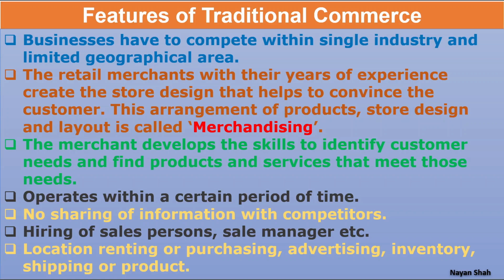Another thing is no sharing of information with competitors. There, everything is kept secret. If there are three or four shops side by side for the same ready-made garments, they don't share any information with their competitors. But online it is not possible. You know that if Flipkart decides that from tomorrow we will start a big billion day heavy discount sale, but we wish Amazon should not know it, that is not possible because over there everything is publicly open.